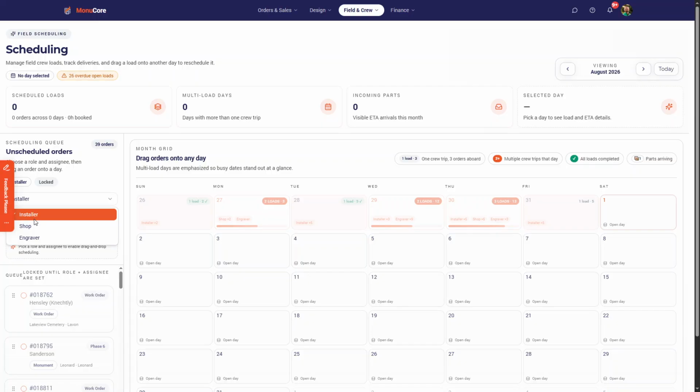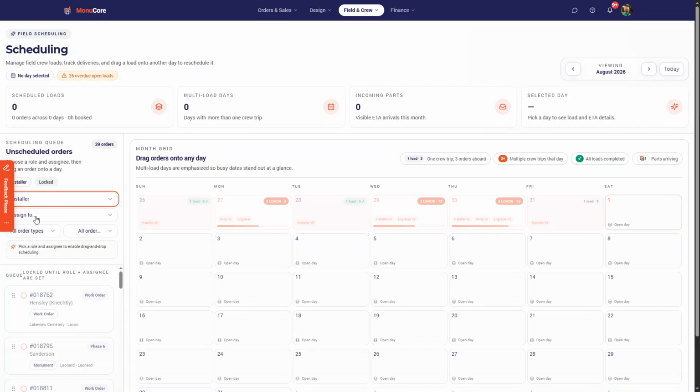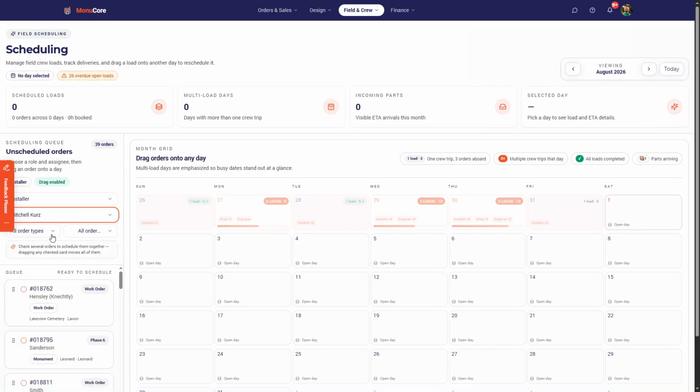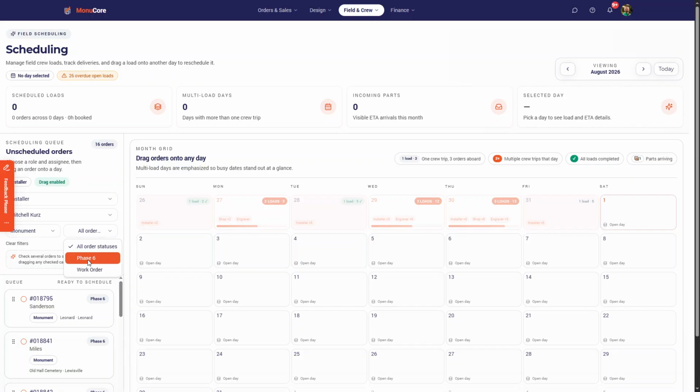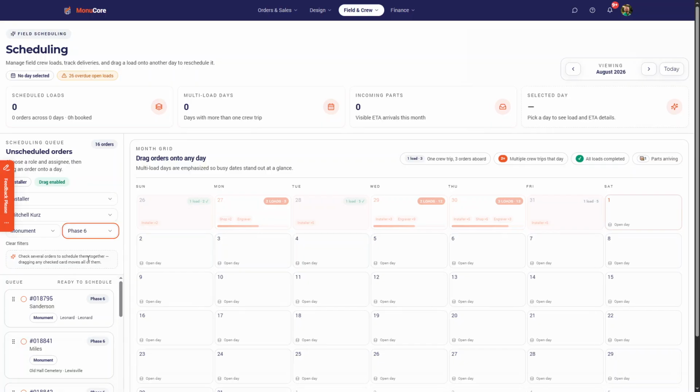If not, let us know and we can get that set up for you or show you how to do that. But we're going to select installer. Let's select Mitchell for monuments, and phase 6. We use phase 6 to indicate any monument that is produced and ready to be installed. So from here you can